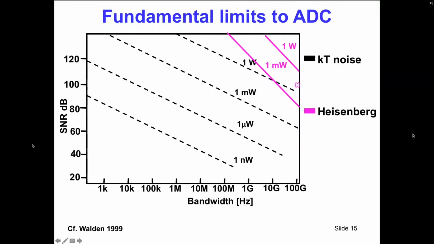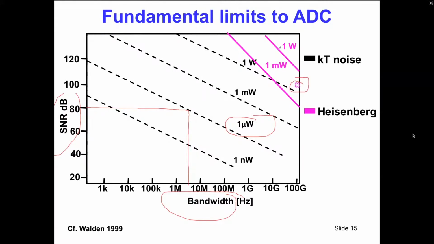Here is a plot that I will use a little bit more often later on. On the horizontal axis you see the bandwidth, on the vertical axis you see the signal-to-noise ratio. And here, in the dotted lines, are the powers that are needed to overcome with your signal a certain level. So if I want, for instance, 80 dB and say 3 megahertz bandwidth, then I need 1 microwatt signal power to get that realized in the presence of thermal noise. Then we see that over here was the example I was just making.